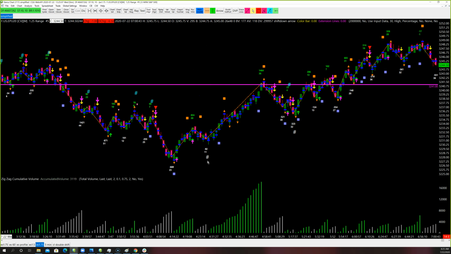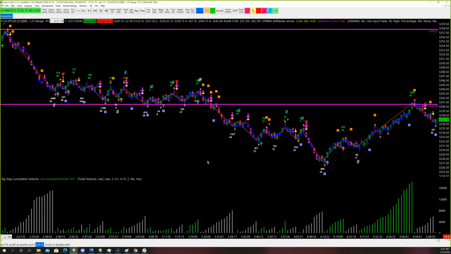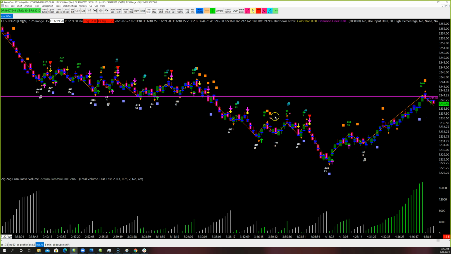And look at the wave you get off the bottom, right? This is what we're looking for. We already know we're in location, right? So we don't have to go through and look. We know that 32.41 is what we're looking for. Parallel algo triggers to the downside right there. Okay, so even if we didn't have this, that's your long, or this is your long, one of the two,